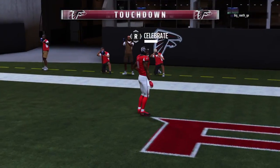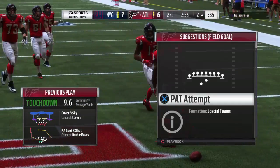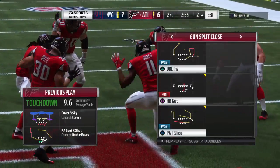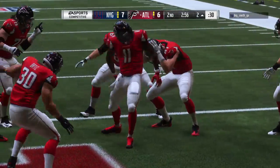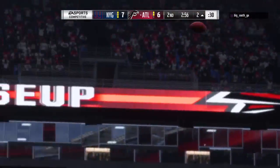Touchdown, Falcons. Julio Jones, 75 yards. And the Falcons are an extra point away from tying the football game. And that is how you retaliate after getting scored on: one play, big pass downfield, and you hit the end